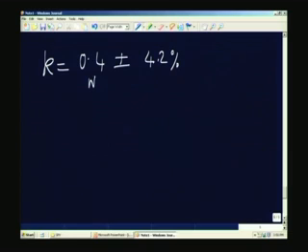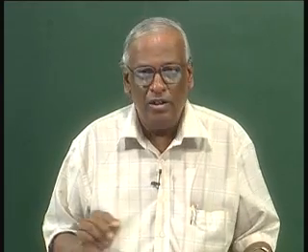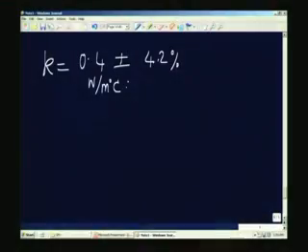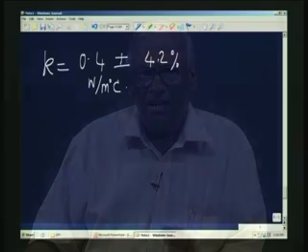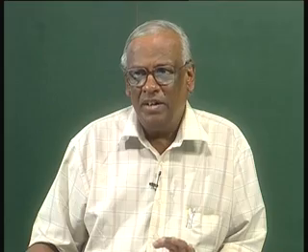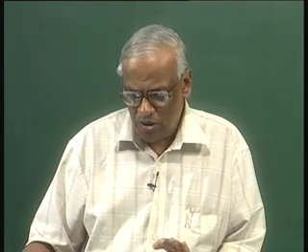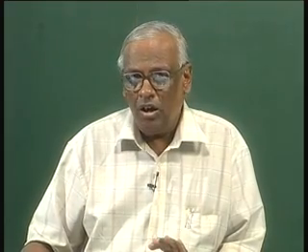This is in watts per meter degree. So, I can specify it as 4.2% plus or minus 0.4 plus or minus 4.2%. That is the value which we will get using this particular method. So, what we have done is to look at the measurement of thermal conductivity of a solid using a guarded hot plate apparatus, and we have taken an example and seen how to work it out and also see the type of expected error in this